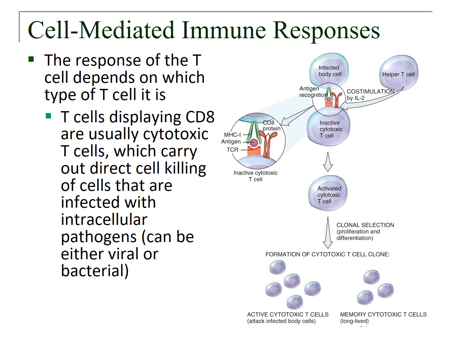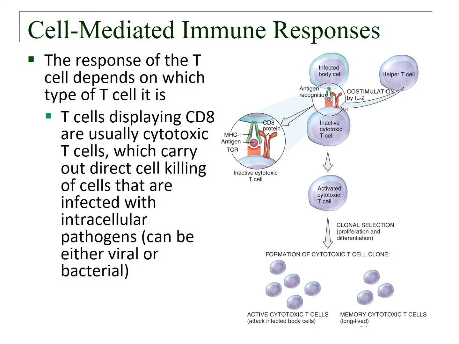Now, T cells that display CD8 are cytotoxic T cells. So these are the cells that have sort of the direct action. So basically, here's what happens with these cells. The helper T cells will activate the cytotoxic T cells. And so these cytotoxic T cells will carry out the same kind of thing, clonal selection, where they carry out a lot of cell division of that particular line of cytotoxic T cell,